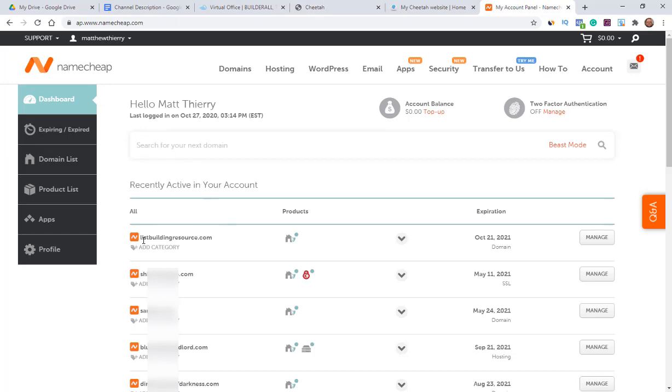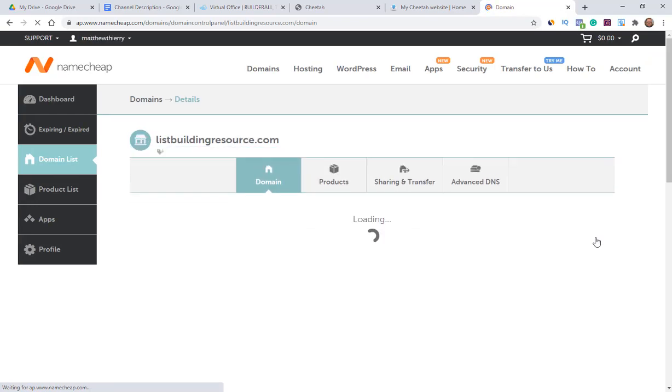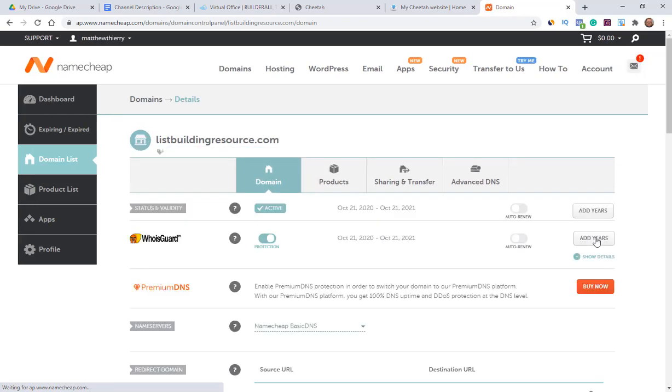And as you can see, listbuildingresource.com is the first one up here. So what I want to do is come up here and manage this domain. Now, all registrars will have something similar to this, and it'll be laid out somewhere along the way. You'll find it, and if you can't find it, just ask the registrar that you're using. So that brings me up to being able to manage the domain listbuildingresource.com, and if I scroll